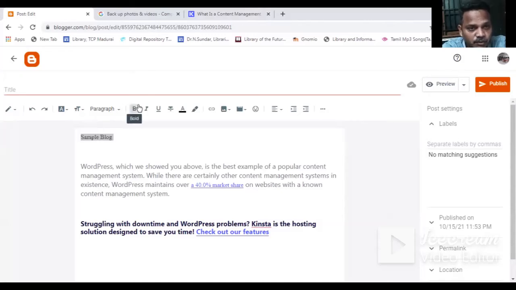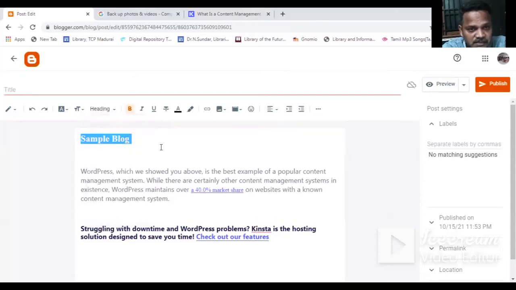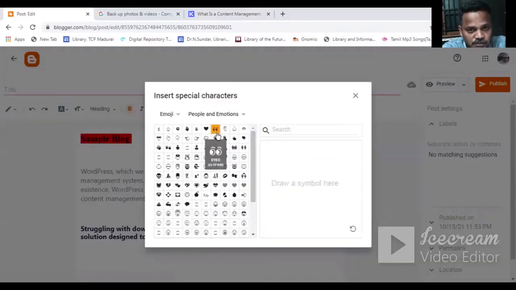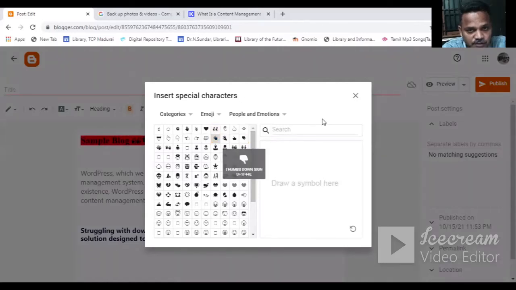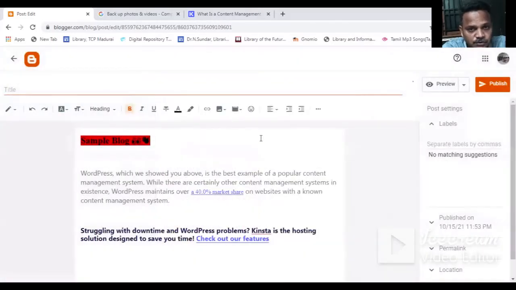I'm going to make this bold. Some paragraph. If I want to make it a header, see, it can be changed. The color, if you want, you can change the font color. I'm going to add some emojis. So you can do anything. Okay, as of now, I added only this.